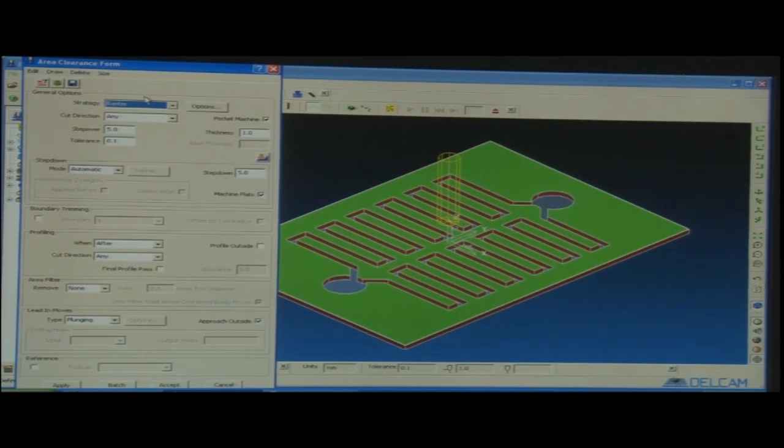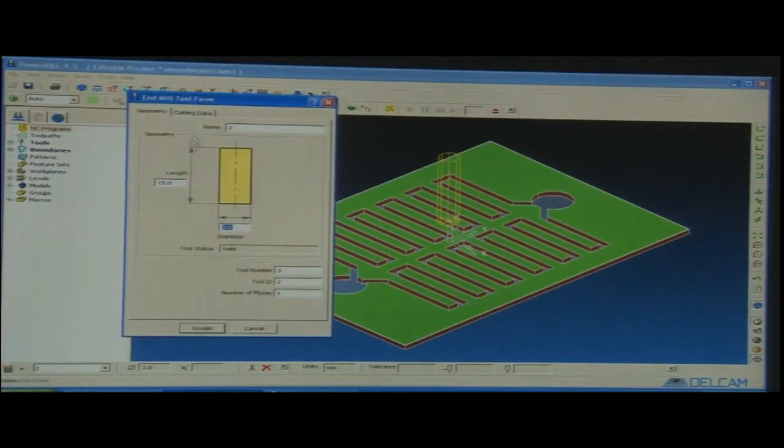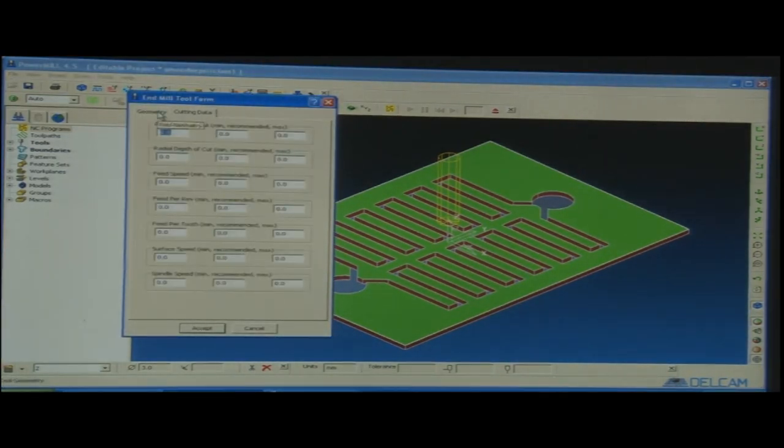Before coming to area clearance again, I would like to repeat what I did. We picked the tool, we picked the end mill tool and we fixed the diameter as 3, and there are certain tool dimensions, so some cutting data is there: axial depth, radial depth, feed speed, feed per revolution. Anything that we need to fix for our job or the specific kind of operation, we can lock it here.